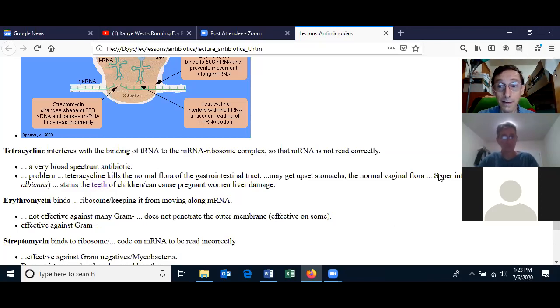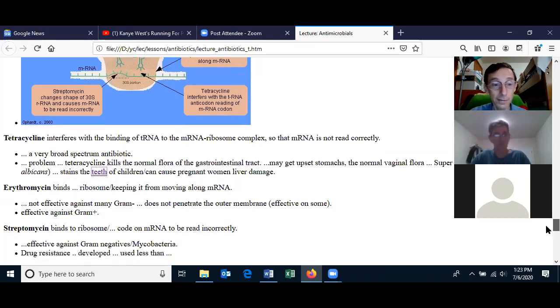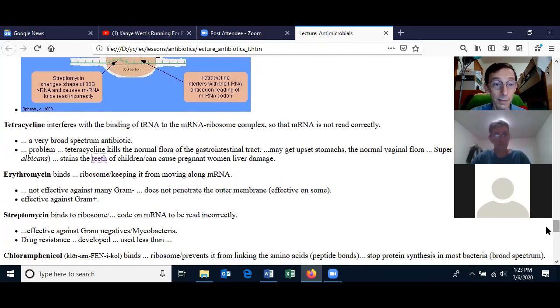All right, erythromycin, another antibiotic which stops protein translation in the bacteria, but not in the eukaryote cells. It binds to the ribosome and keeps the ribosome from moving along the messenger RNA. Erythromycin is not effective on many gram-negatives. Notice how I said many, but it is effective on some. And so if you look at the chart here,